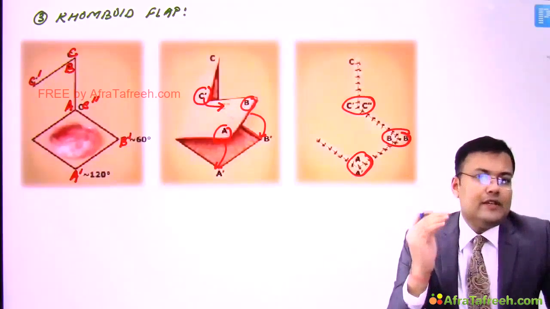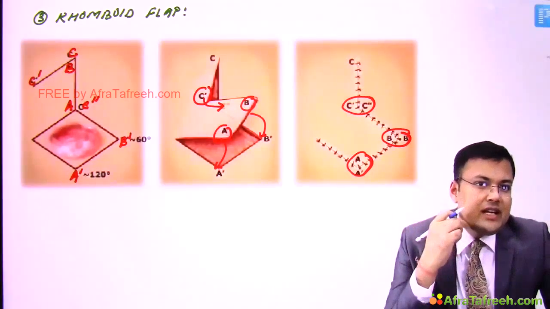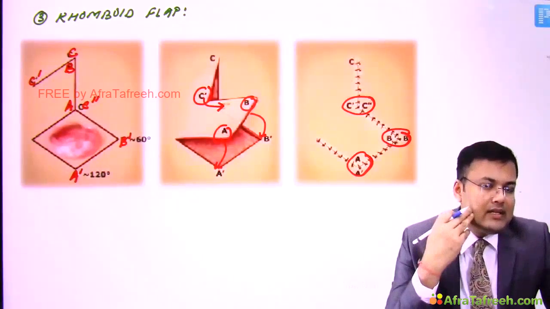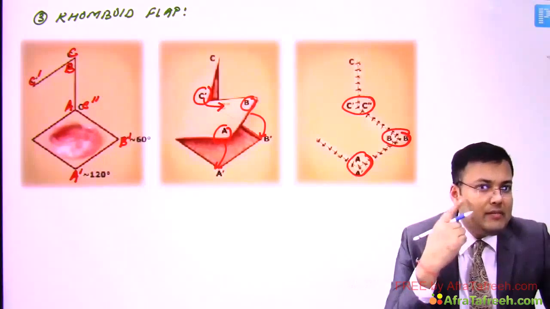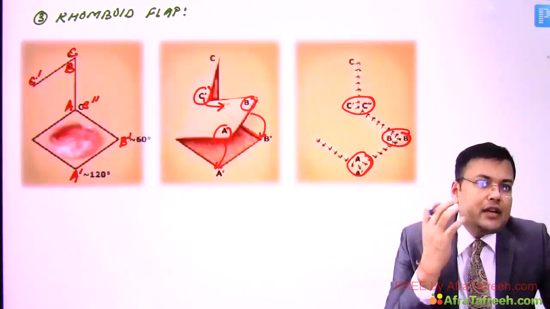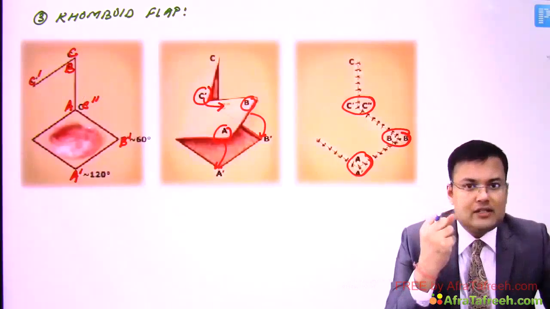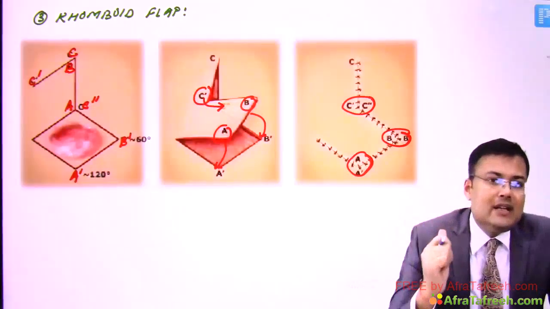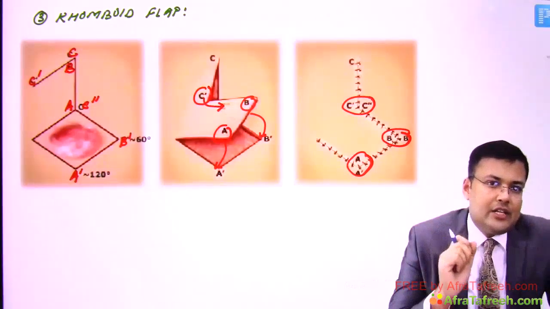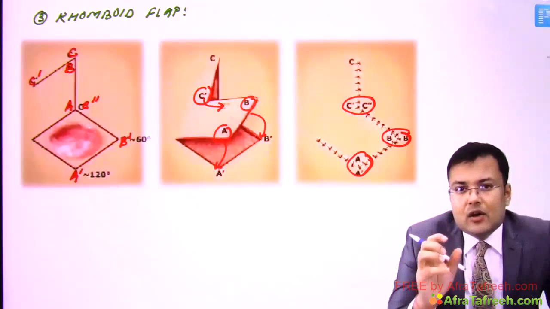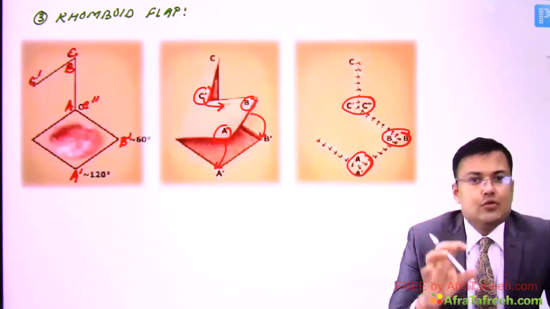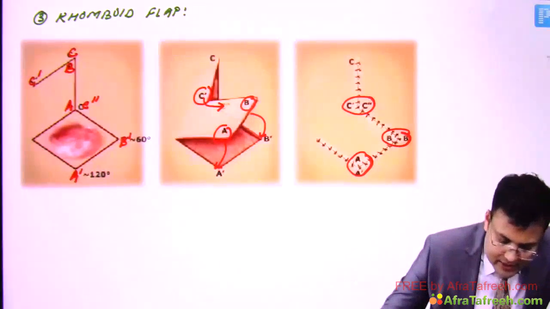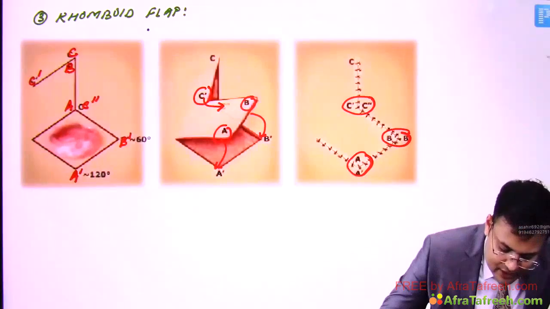So what is the use of this rhomboid flap? It is used for defects mainly involving cheek and flat surfaces. In the cheek, which malignancy is common? Basal cell carcinoma. So if a patient is having basal cell carcinoma of the cheek, we use rhomboid flap for reconstruction. And there was one question in AIIMS: if a patient is having pilonidal sinus, after excision of the pilonidal sinus, which flap can be used to cover the defect? Rhomboid flap.